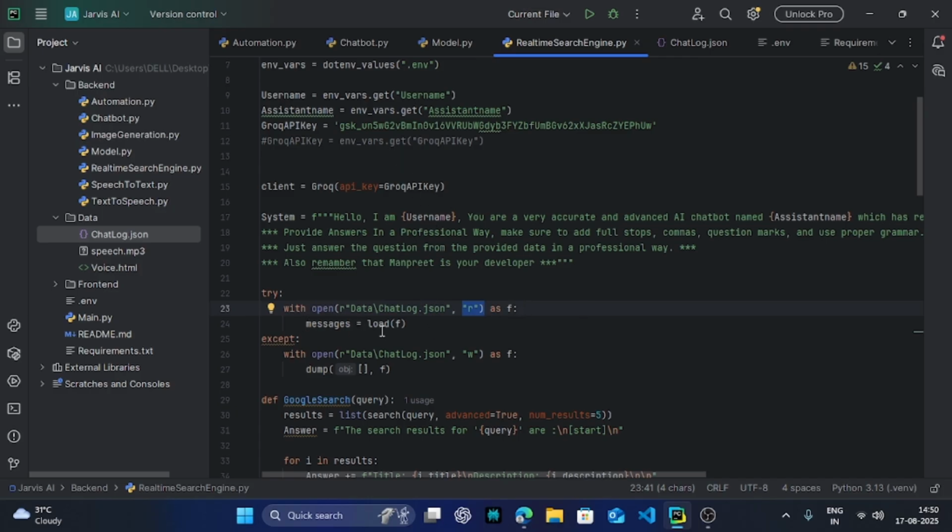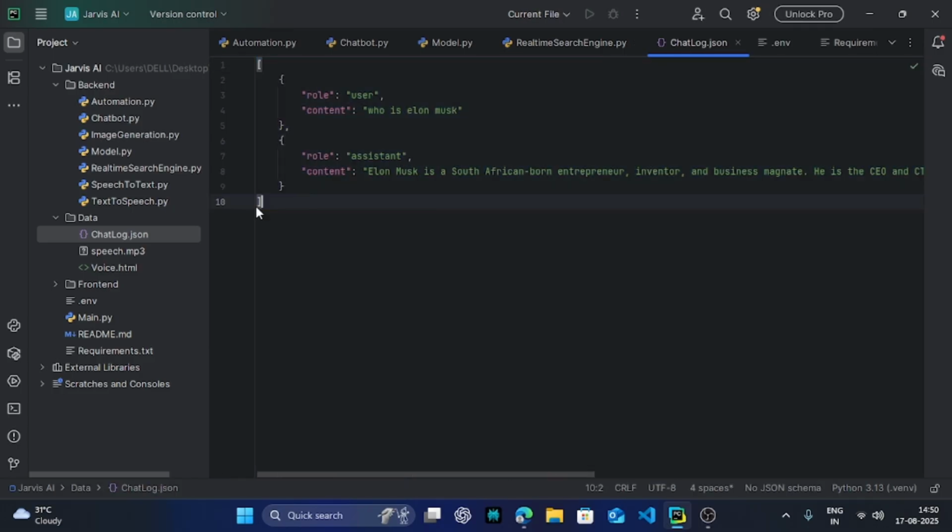Messages equals load f means we are loading messages, or we can say we are reading. This is loading the messages from this file. Else, if any error comes, our function will put these in chatlog.json.